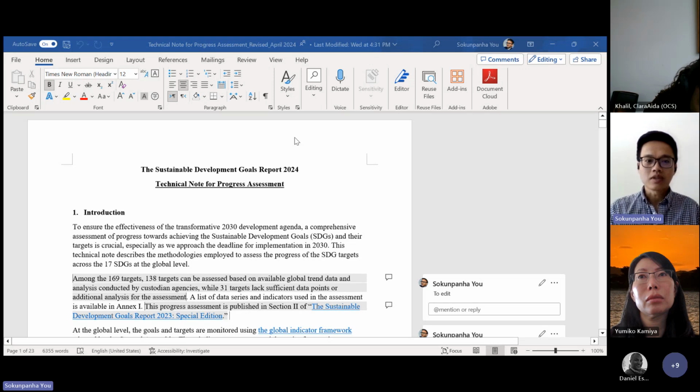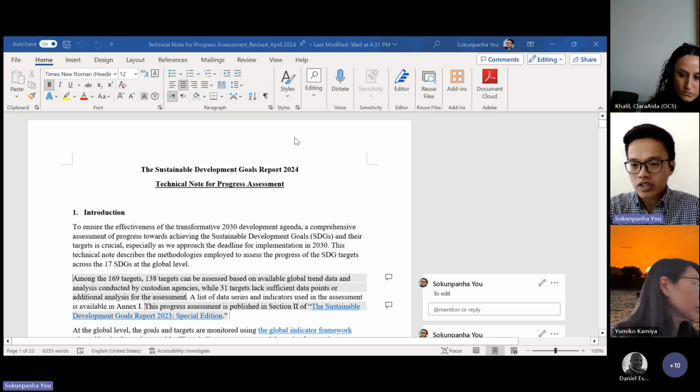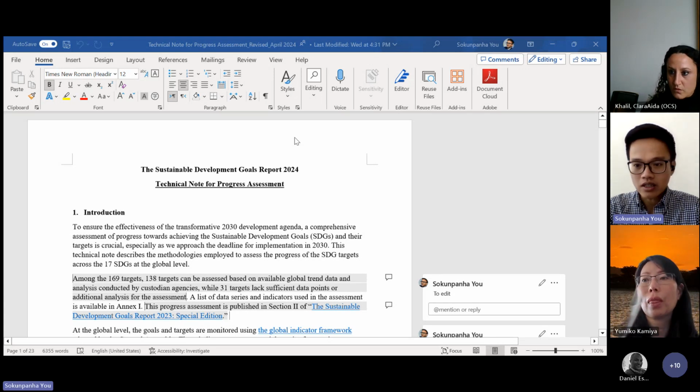The difference between the two assessments is that in the SG's report, the assessment is one paragraph on basically an overview of the progress or lack thereof of all the targets for the year, plus one infographic. Usually we put a stack chart showing for each goal which targets are on track, which are not, which has made progress, and so on and so forth.